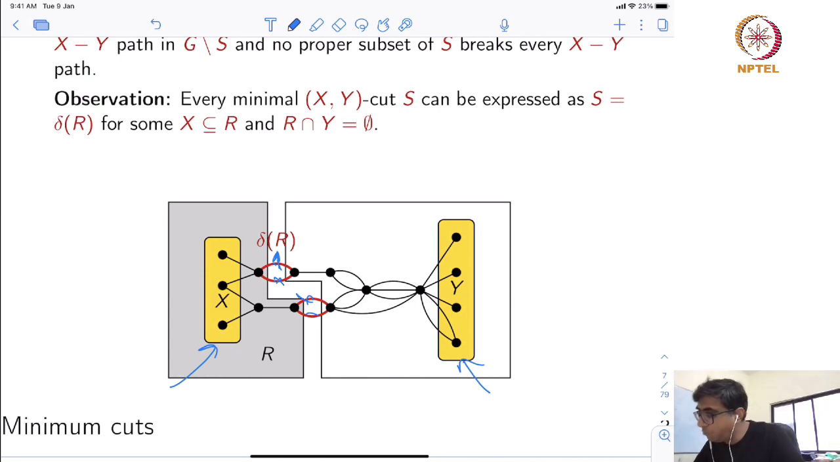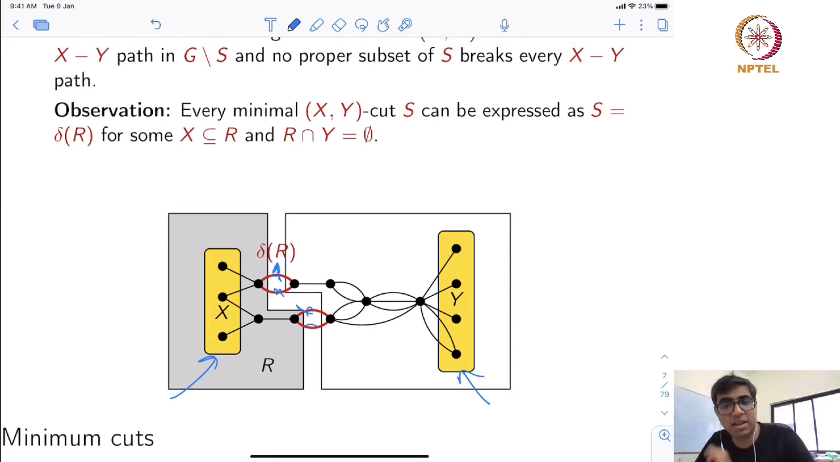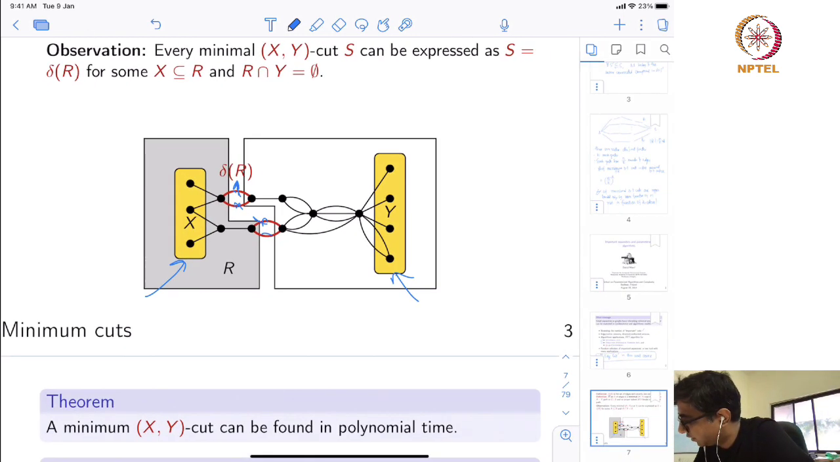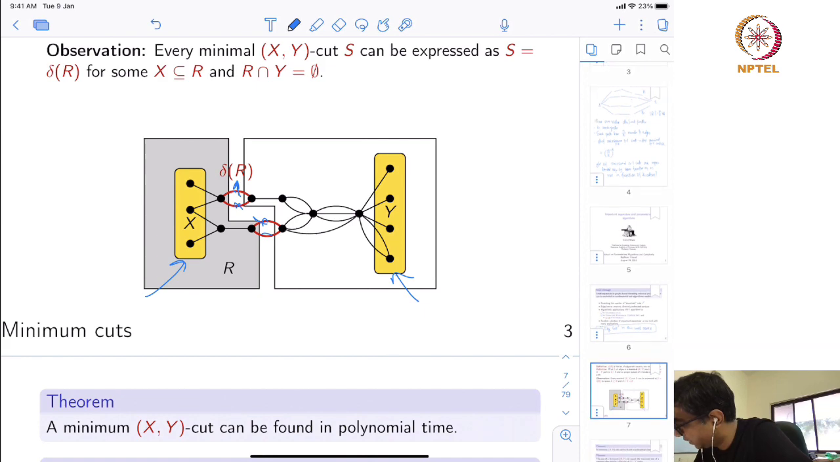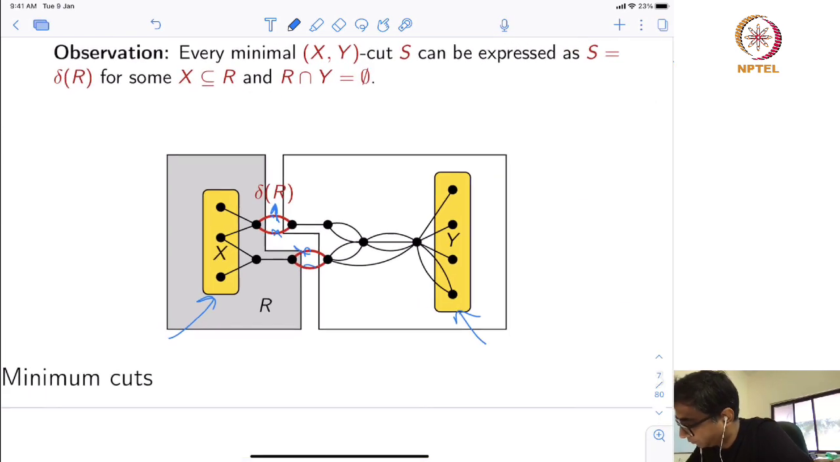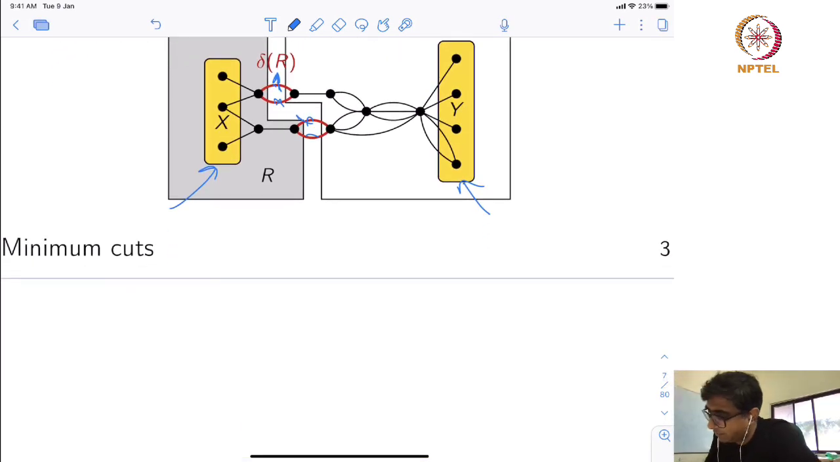Okay. And an important observation is that every minimal XY cut S can be expressed as S equal to delta R for some R with X a subset of R and R intersection Y is empty. Why? Let's try to prove this lemma just to get a feeling for how these things are done. Okay, so here it is. So suppose